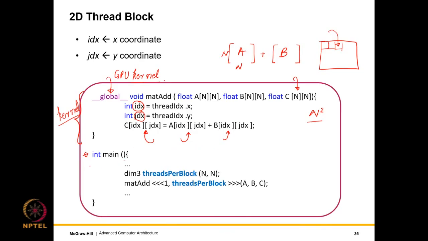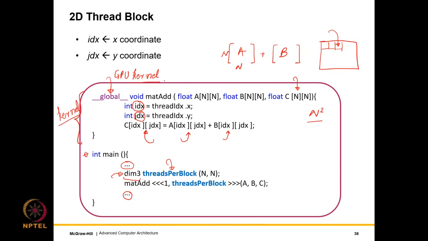Now let's come to the main function. We are seeing the C++ part first. The dot dot dot indicates the code that we are not showing. Gradually these dot dot dots will start opening up. But let's take a look at some data structures at this point. We want to create a data structure that will tell us the threads per block. So we will define a variable threads per block. This is of type dim3.